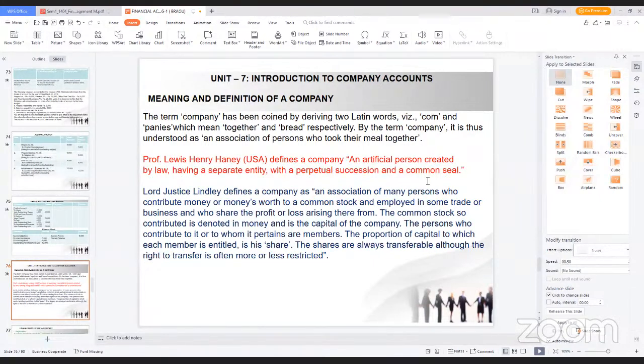For example, nowadays we are seeing the share market. In the share market, why am I saying the company is an artificial person? I have purchased some shares. When I buy the shares from a particular company, I become the creator of the company. I am the owner of the company. Is it clear? If the company from which I have purchased the shares is in Mumbai, and I'm in Hyderabad,